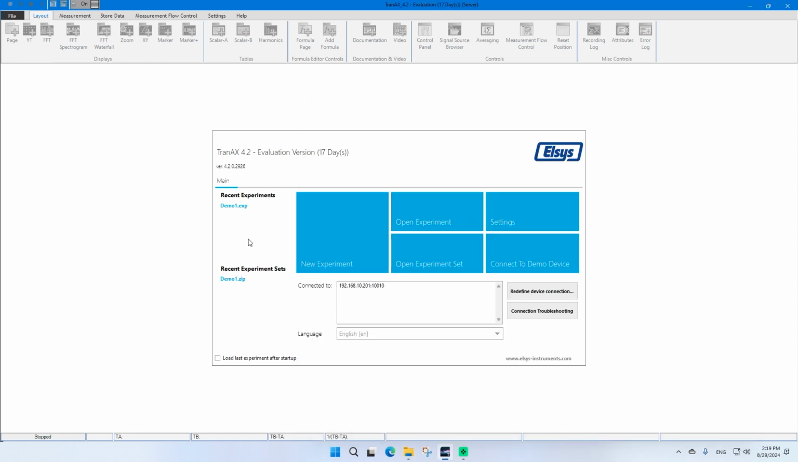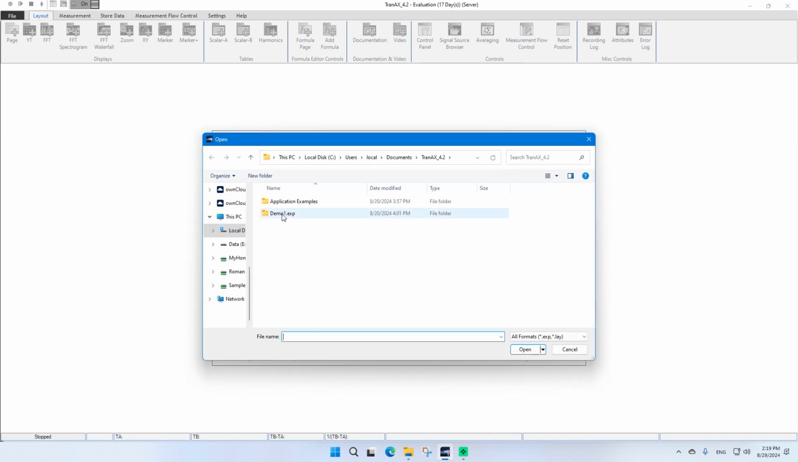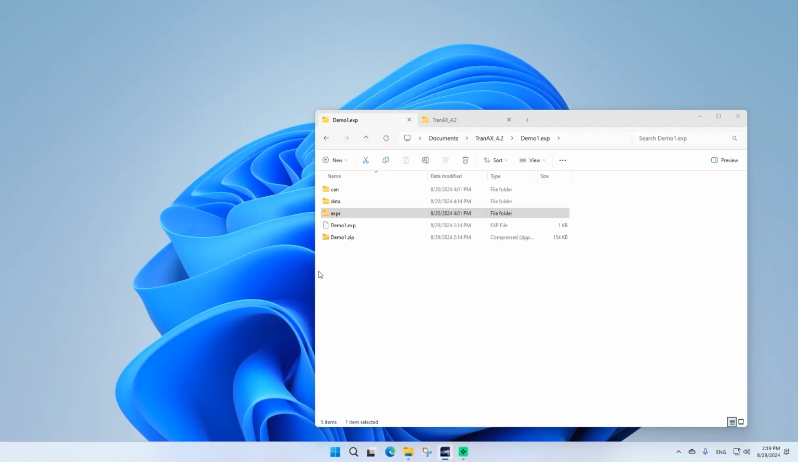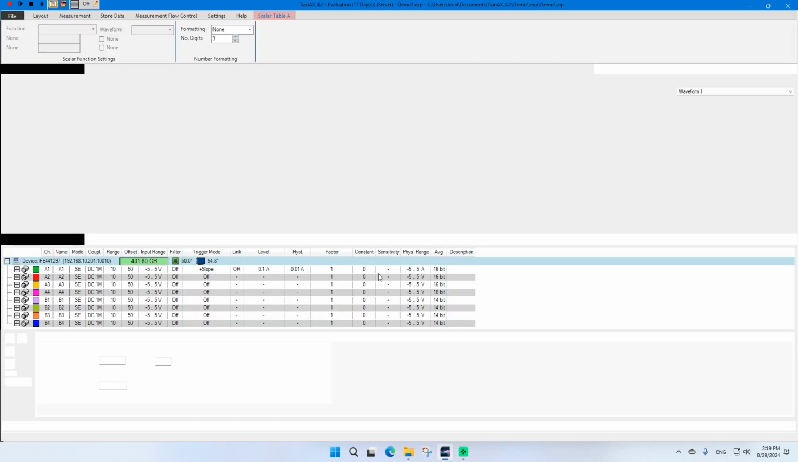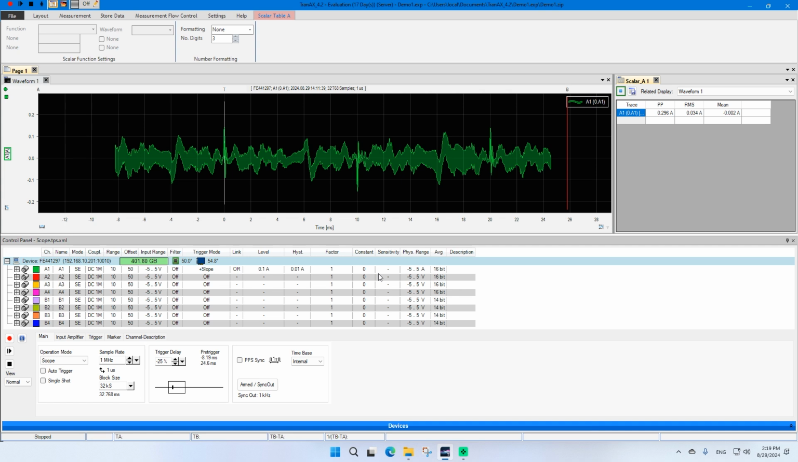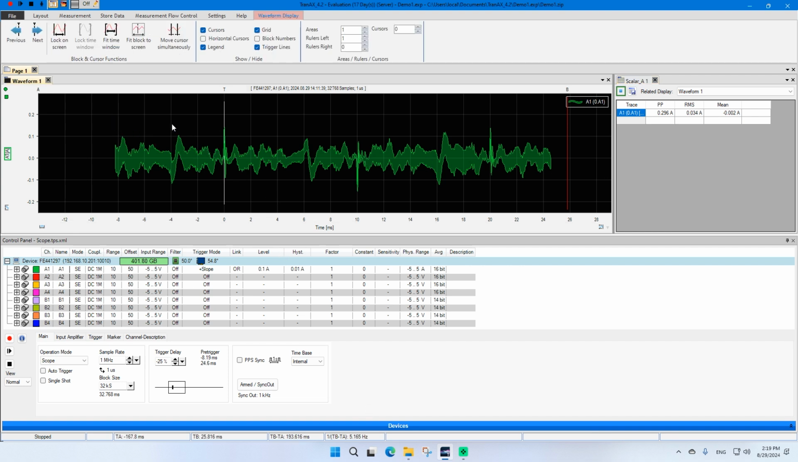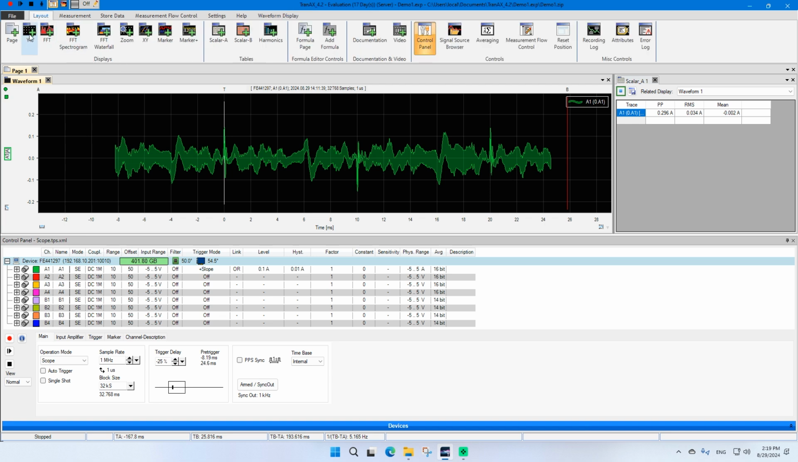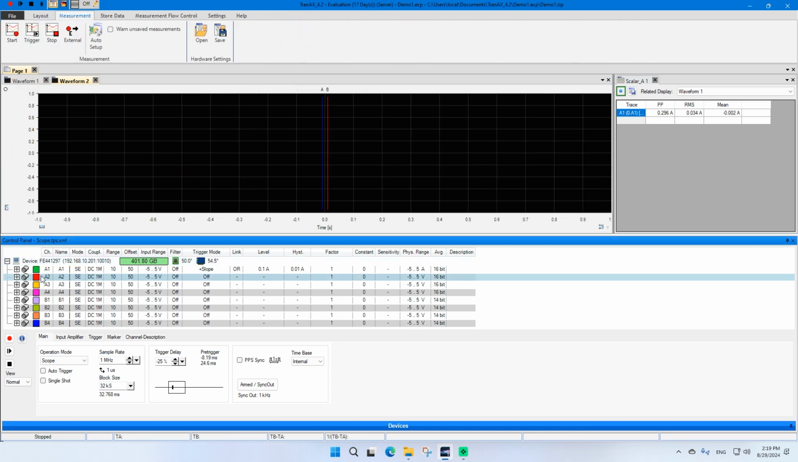I can open either the last experiment, or I can say, okay, open experiment. I choose this folder and I choose the experiment set, and you get the software in the state you have left it, with these settings. An important thing to know is that if I change something in my settings, for example, I add a new waveform here for a second channel,